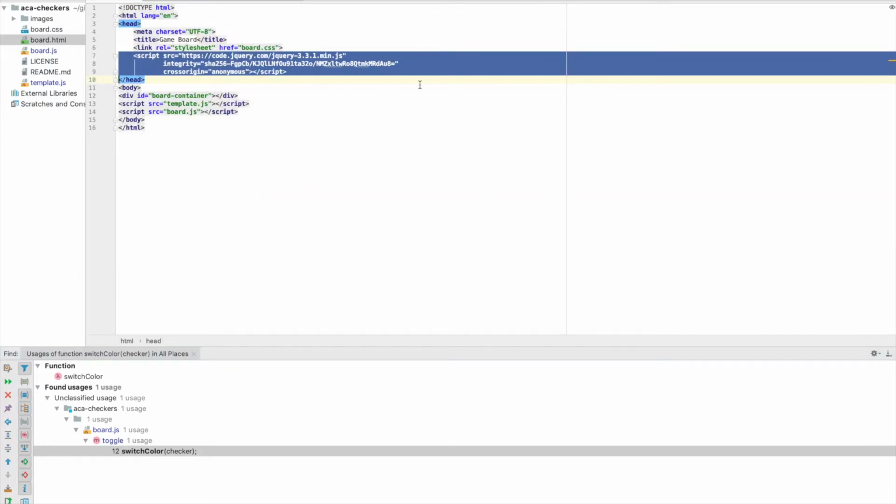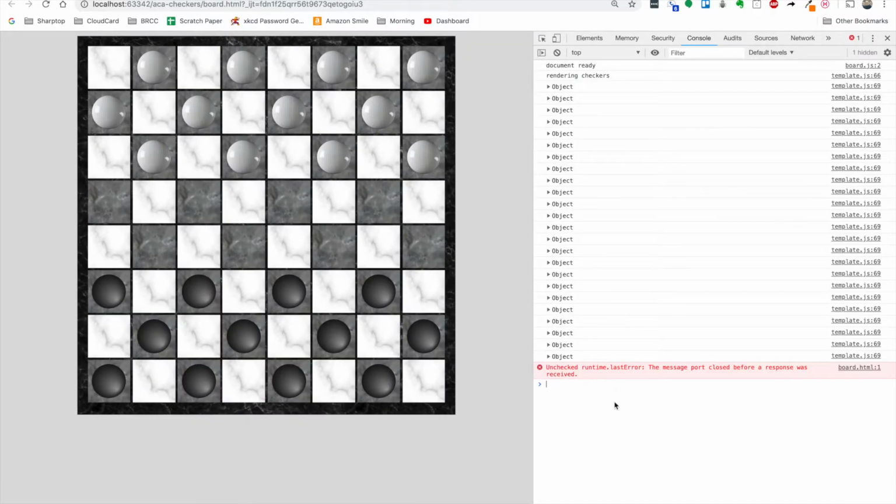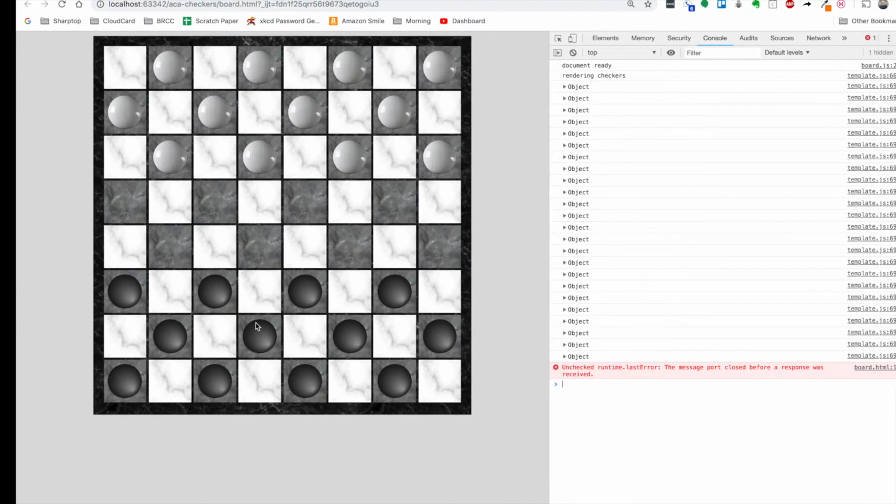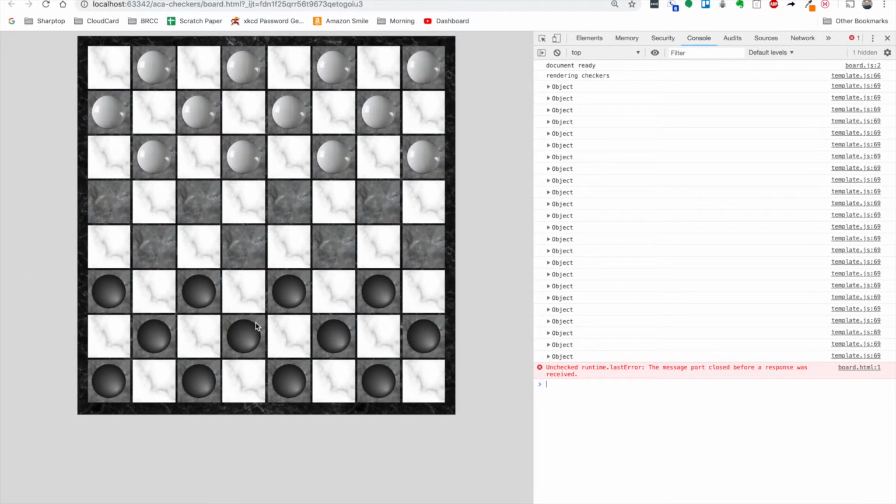But maybe it means I should open up another one of these. A fresh one. Get rid of that one. Hit F12. Okay. No, same thing. We'll figure that out later. So now we're seeing 24 different objects, right? Come through. And then the next thing that we want to do is we want to be able to move